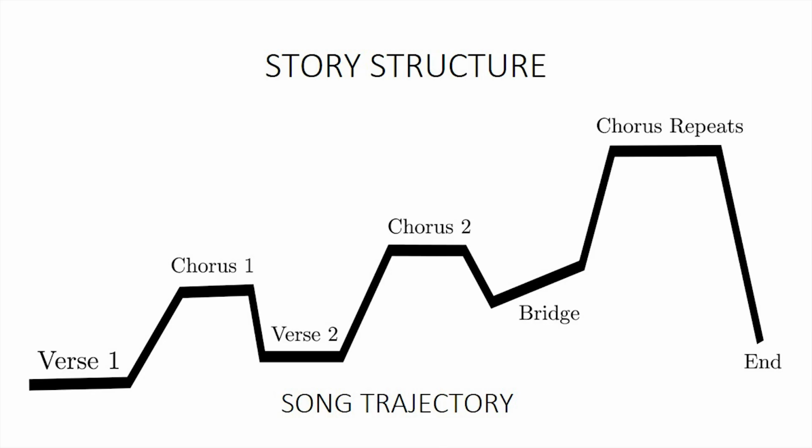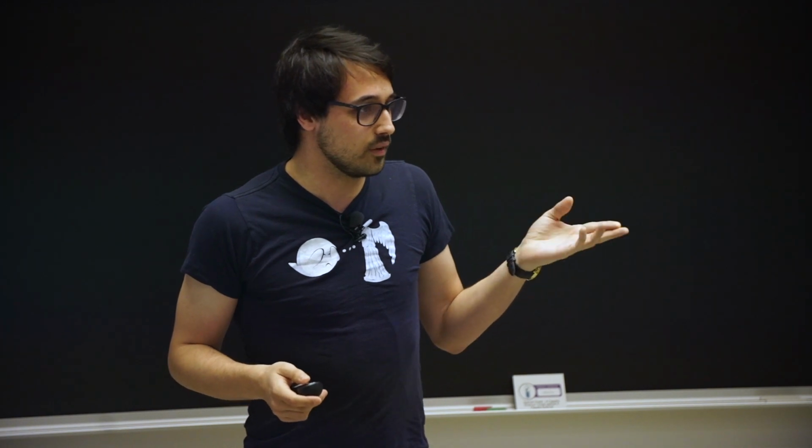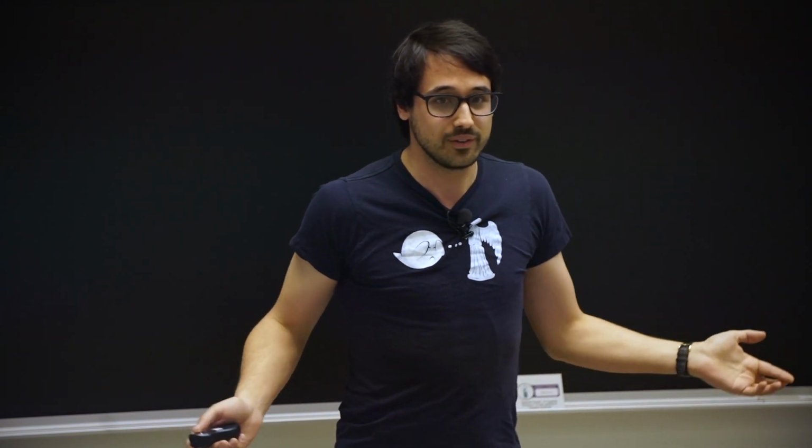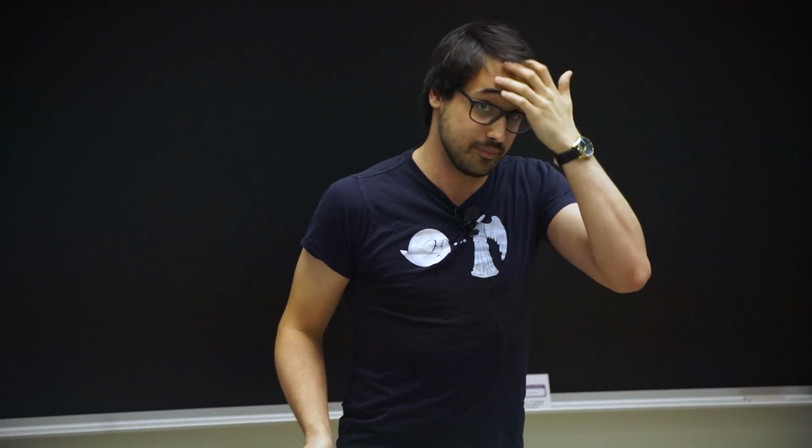A pop song, as it happens, has a very similar structure to it. So you'll notice that a pop song tends to start off low energy, goes through a couple waves of rising to a chorus, and then a second verse with maybe a little more nuance in it, a little more things going on. A more interesting chorus, a big build to a final climactic ending, and then a resolution. And I'm not sure why this is this emotional structure that seems to appeal to people, but at least in Western culture, that seems to be the primary mode